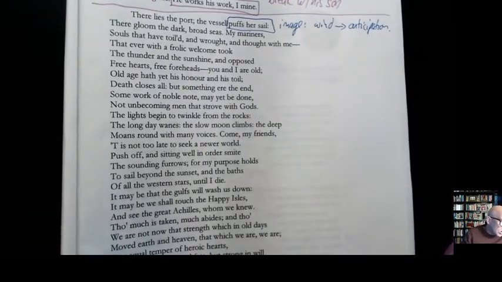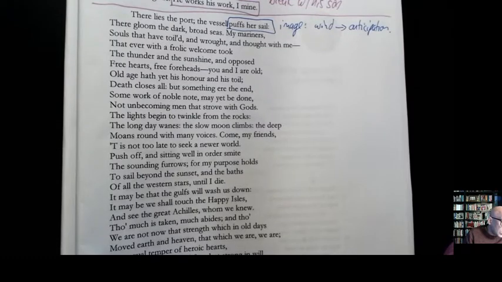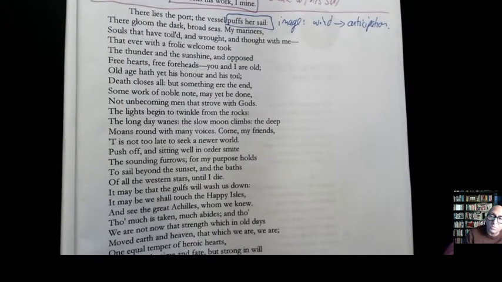There gloom the dark broad seas. My mariners, souls that have toiled and wrought and thought with me,